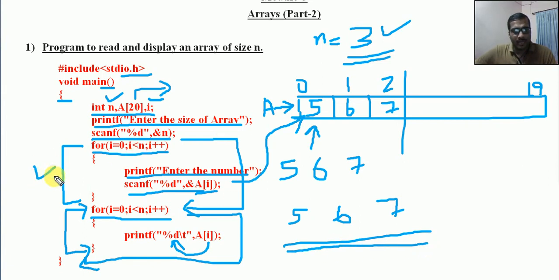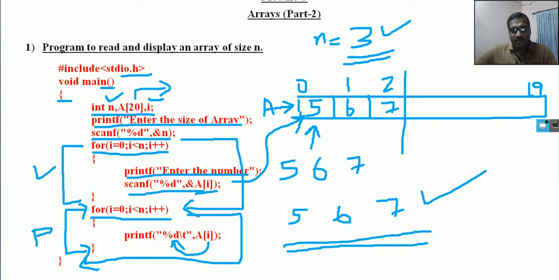This is for reading and this is for printing the array. So these two are very important, because most of the programs, if you have some larger program, there also we require to have reading. Always we need to have reading array elements by using scanf. It is just like a single variable, but the only thing is we require multiple values, so we are putting that into a loop, and also we are changing that single variable into an array variable with an index location. So that will be varying according to the for loop. So this is the logic used for reading and printing an array.